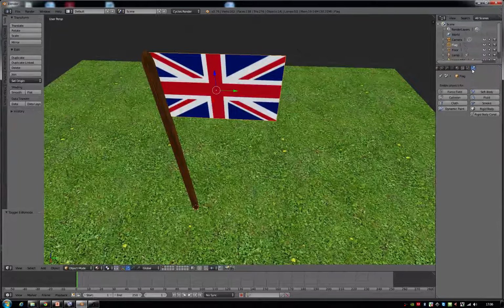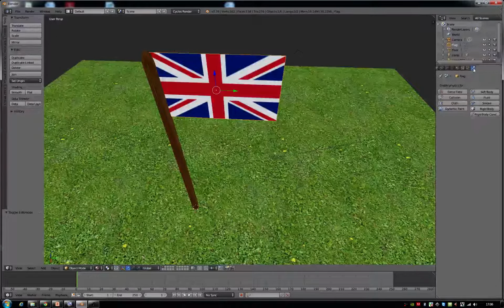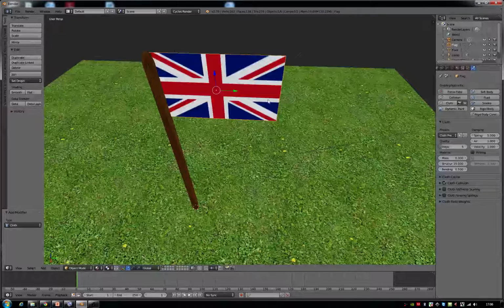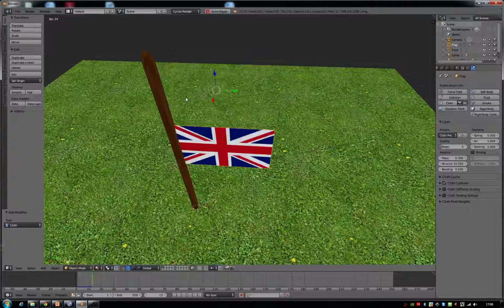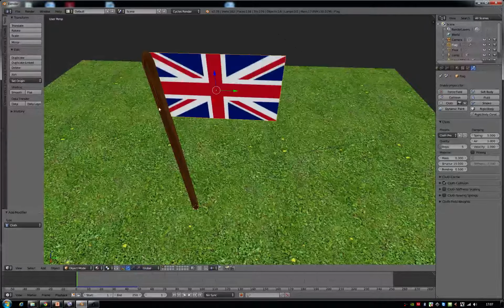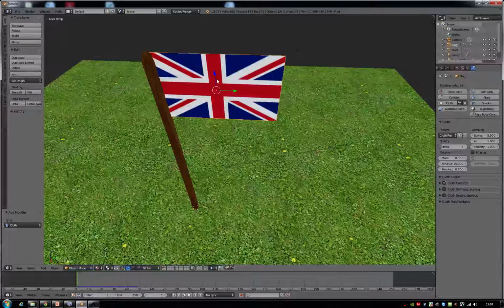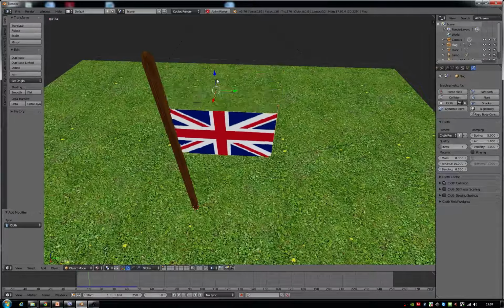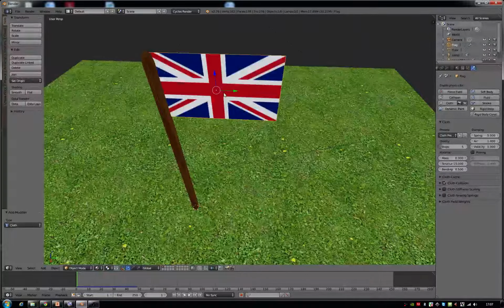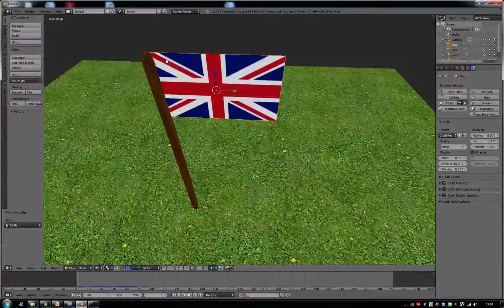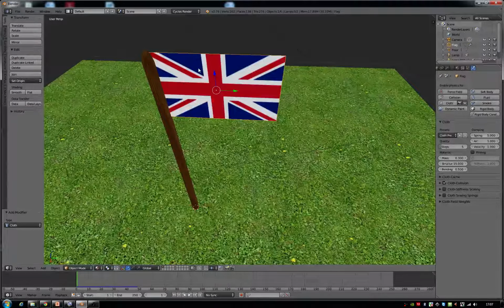So let's go on to the physics mode. You can use your mouse wheel to scroll along until you can see the bouncing ball on physics mode. And we're going to enable cloth simulation. So this means that when you press Alt and A, there should be some sort of physics simulation that predicts how this material is going to behave. So Alt and A just makes it fall to the floor at the moment. That's no fun. We need to make it attach itself to the pole. So to do that,